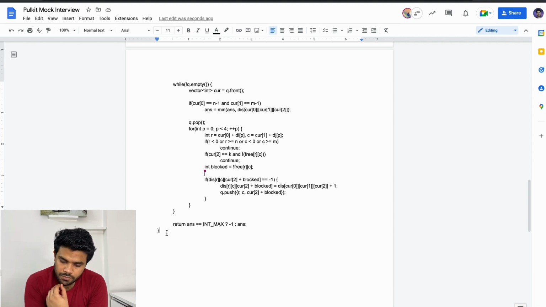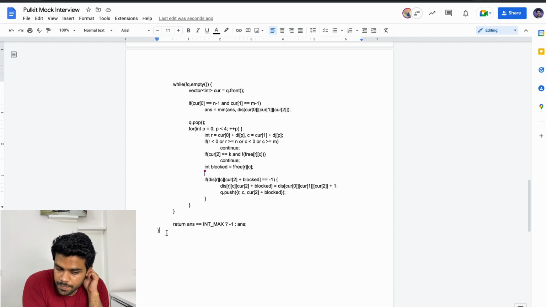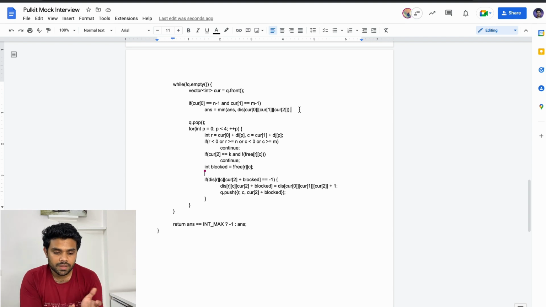But you asked me to find the minimum possible distance, right? In that case, if it is possible to block even more cells, it is possible that for a higher value of current of 2, the distance may be even less.